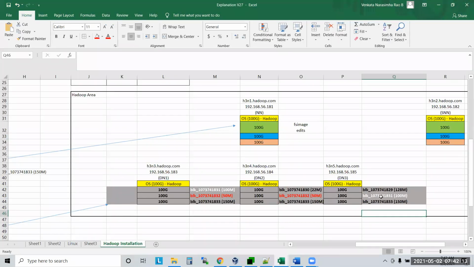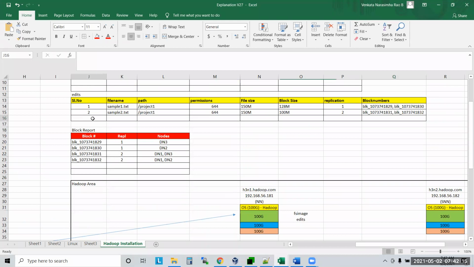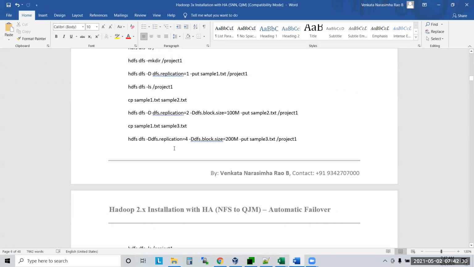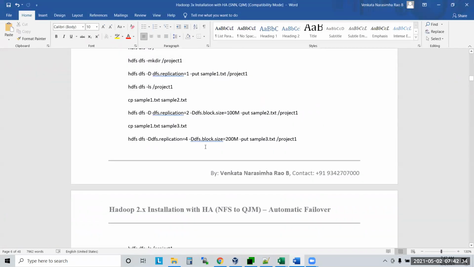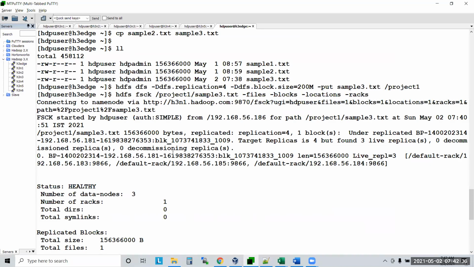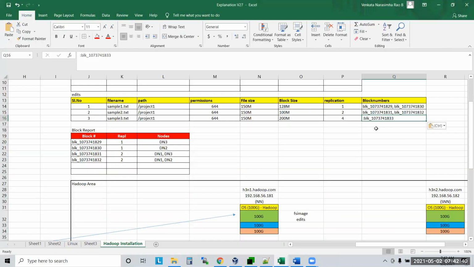After just writing here, the name node will update: sample3.txt, project1, block size 200 MB, file size this one, replication factor equal to 4, and block number equal to the block we got, blk_33.